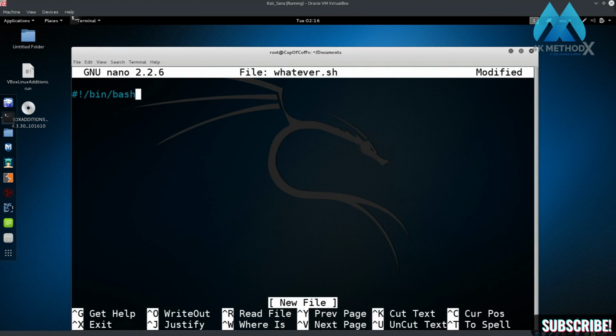#!/bin/bash, and then you can type in a set of commands, basically exactly the same commands that you would use in the terminal. So I have ifconfig eth0 down. I have ifconfig